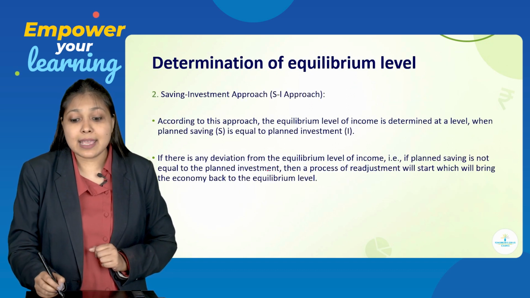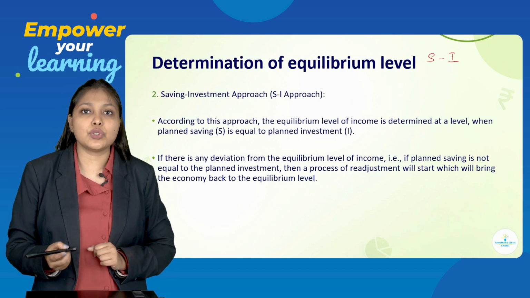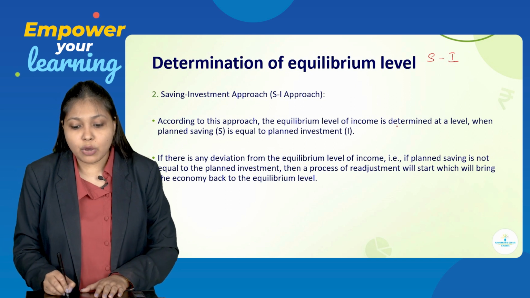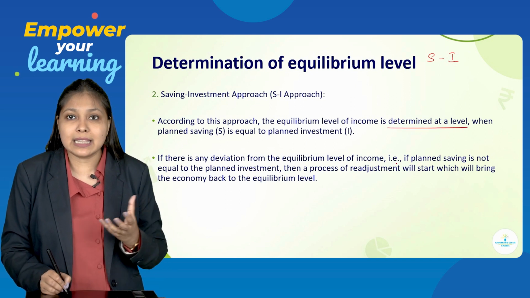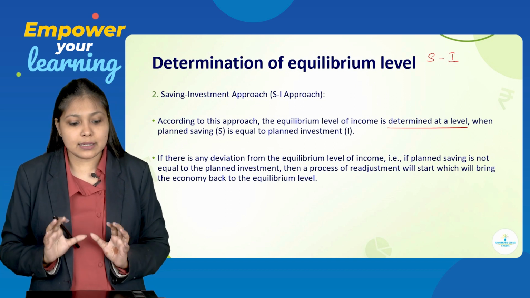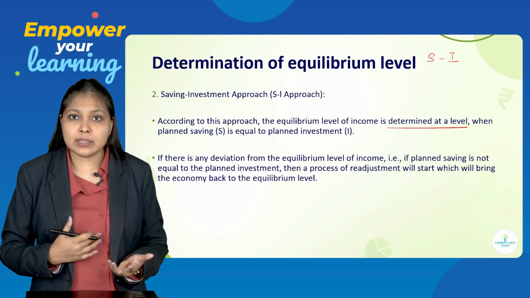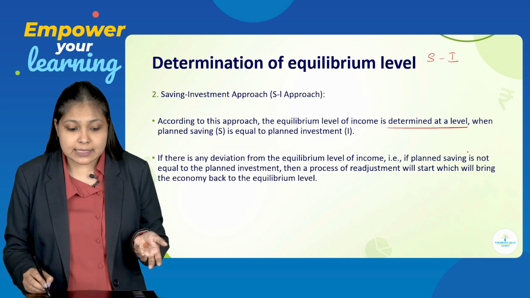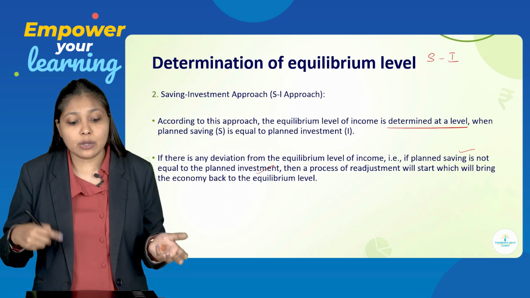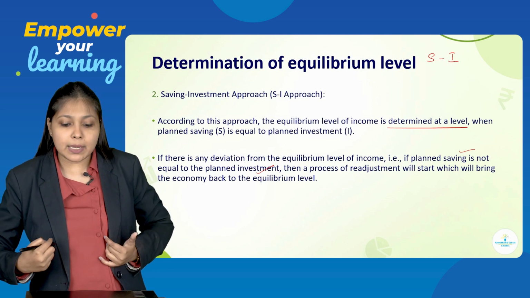Next is the S and I approach, that is the saving and investment approach. According to this approach, the equilibrium level of income is determined at the level where S, that is saving, is equal to planned investment, that is I. If there is again any deviation in the equilibrium level, if planned saving is not equal to planned investment, then